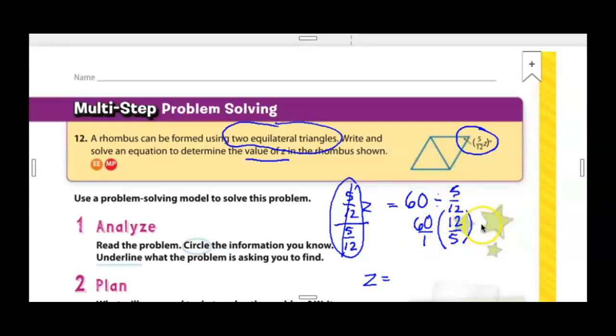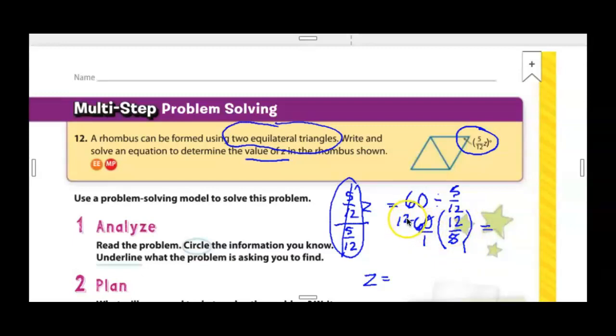Now, one way we can do this is to actually reduce first. How many times can 5 go into 60? I know this is a multiple of 5 because it ends with 0. Very good. The answer is 12. And then 5 divided by 5 is 1. So now I made it much easier. Instead of multiplying 60 times 12 and then having to divide by 5, I divided 5 and 60 by 5,